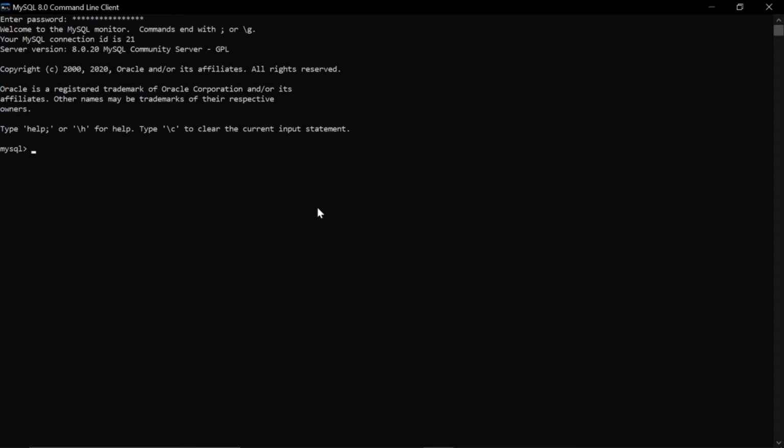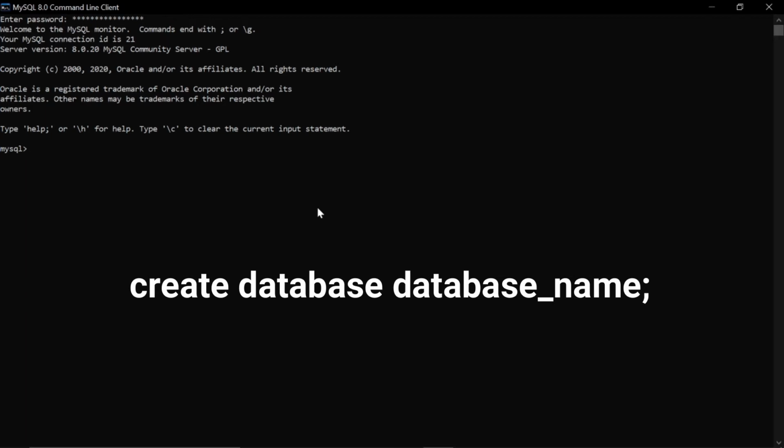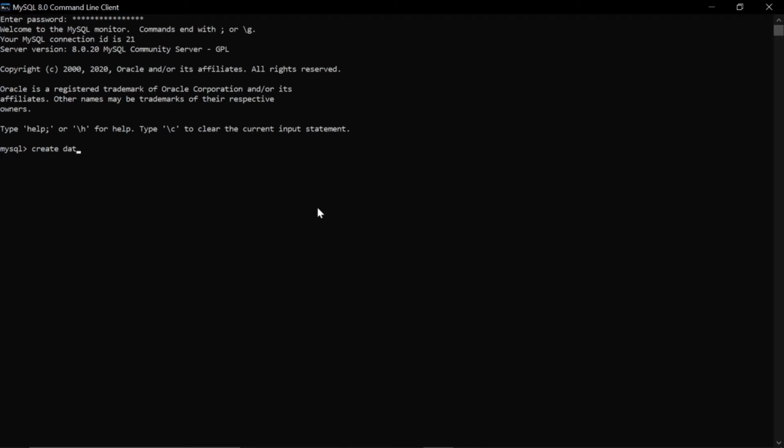So how to create a database? For that we write the syntax: create database and the name of that database. Create database, and suppose the name of my database is college. While writing this syntax, you have to always end it with a semicolon, because it is a rule of SQL. Then and only then your code will be accepted, or else you'll get a syntax error. So here we can say that our database has been created successfully.